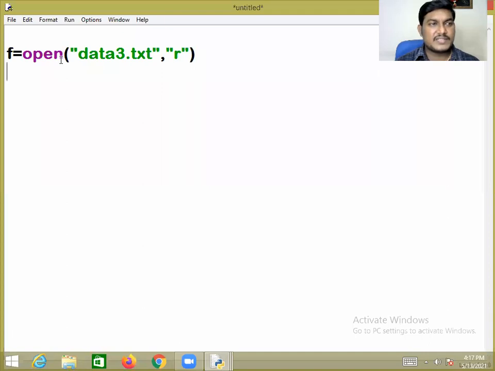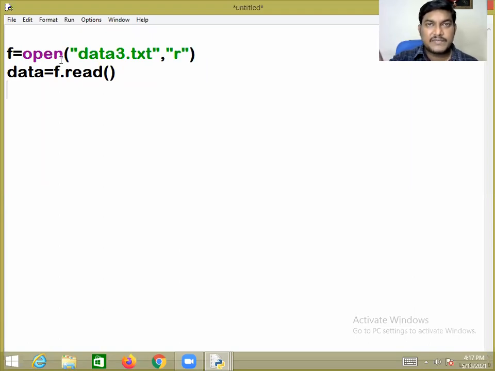Very simple, friends: f.read. The read method will read all the data from the target file. It will read all the data from data3.txt and return it in the form of a string. I am taking the variable data. So the data variable is of string type.